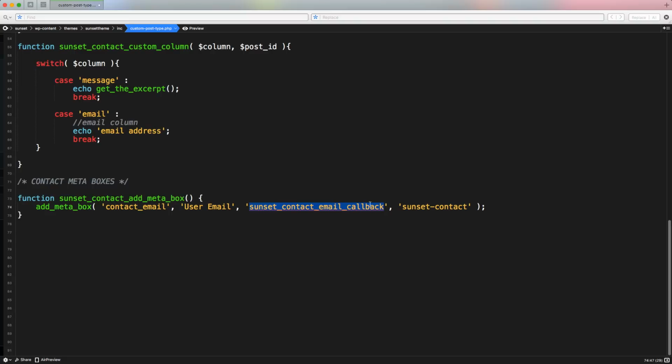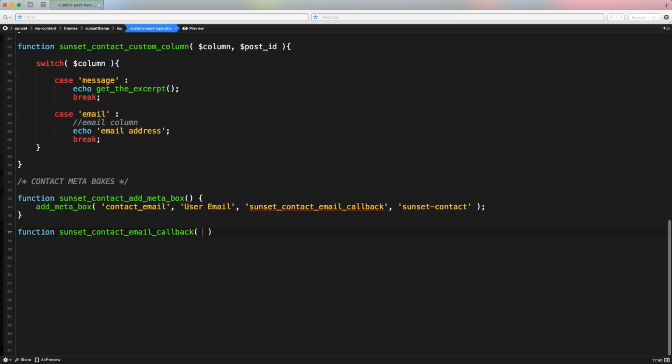So you will know that all the callback functions that finish with callback are related to an actual action or an actual hook of WordPress and are all callback functions. So just to maintain a little bit of clarity while you read your own code or if someone else is reading your code. So let's create this callback function by writing function, and let's copy paste the exact same name,